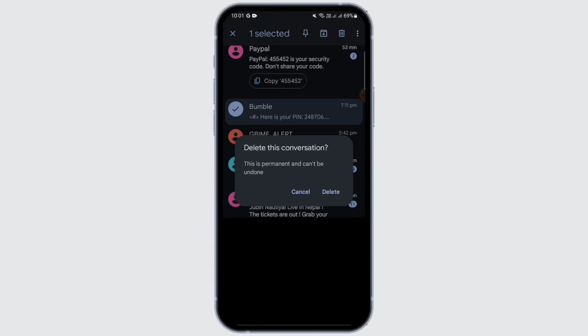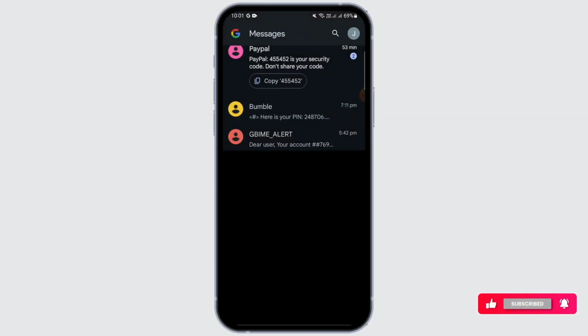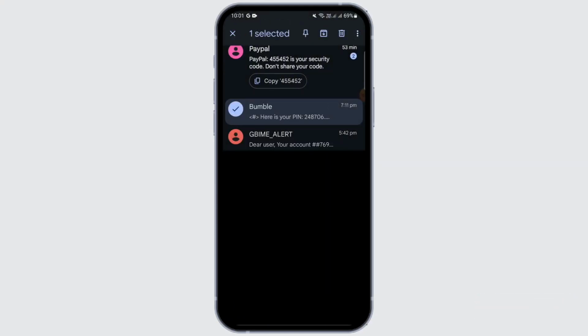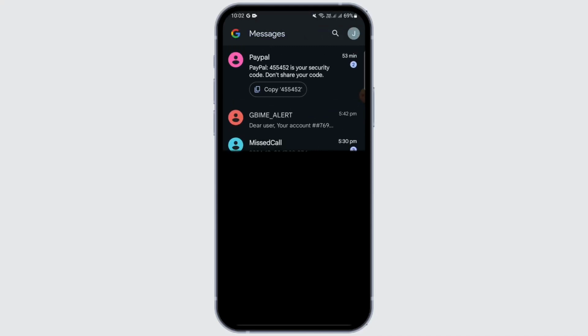So you can't really see it from the Google Messages directly, but what you can do is archive these messages, which is equivalent to deleting. So just tap on archive and you can see that message has been removed from the list of messages that